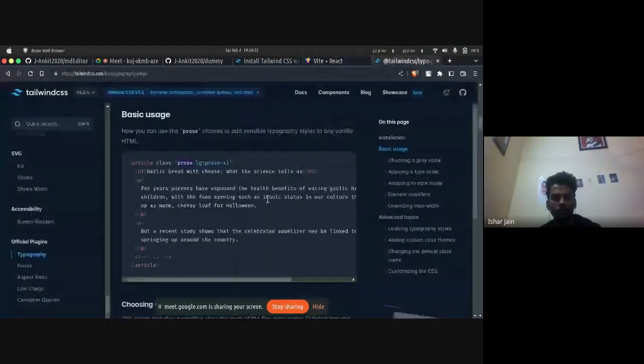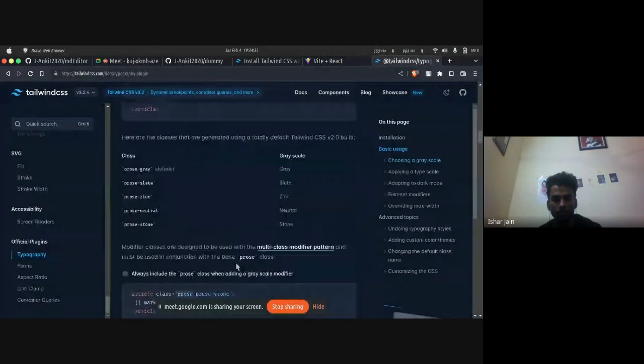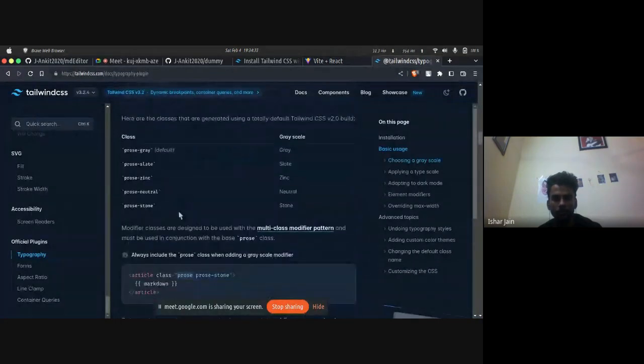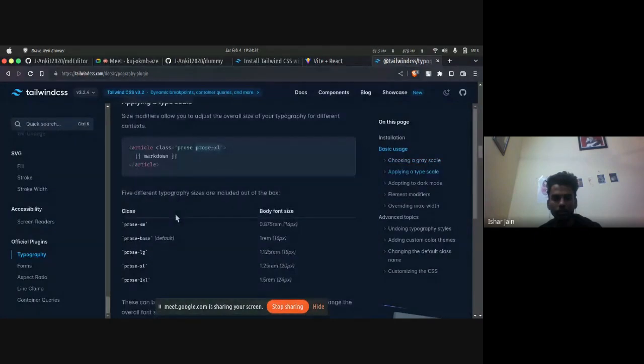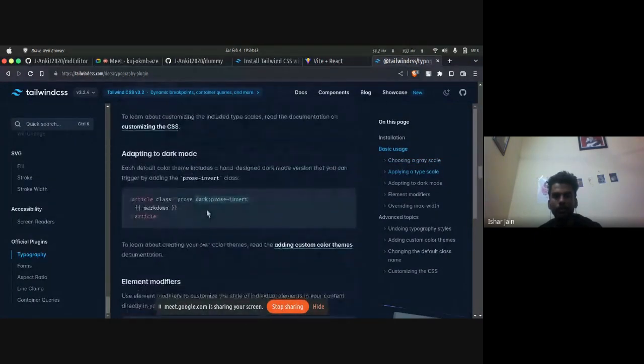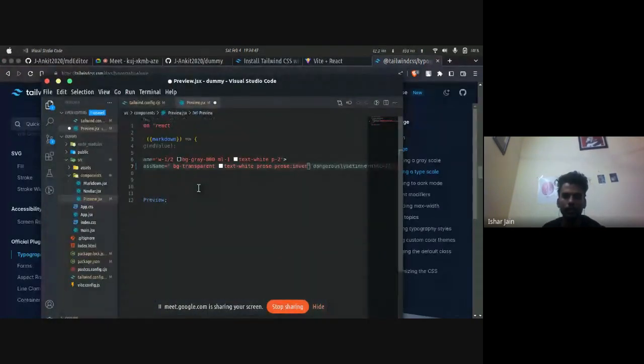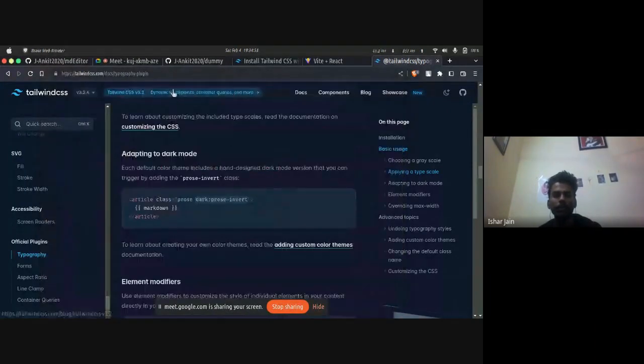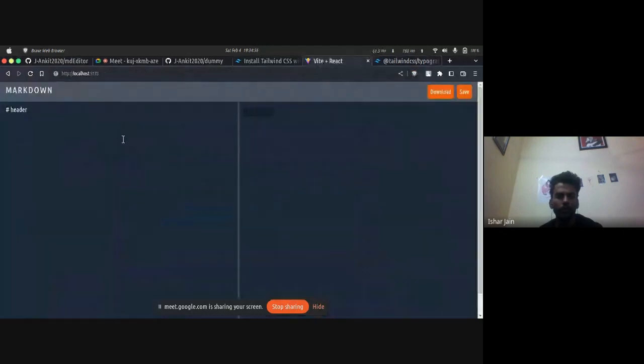Let me look in the docs. Let's just look into the doc. If I can remember, yeah, invert. Invert is the name of the class. So we are using invert. What it does is that it is inverting the default setting. So the black text would look as white, right? Now,